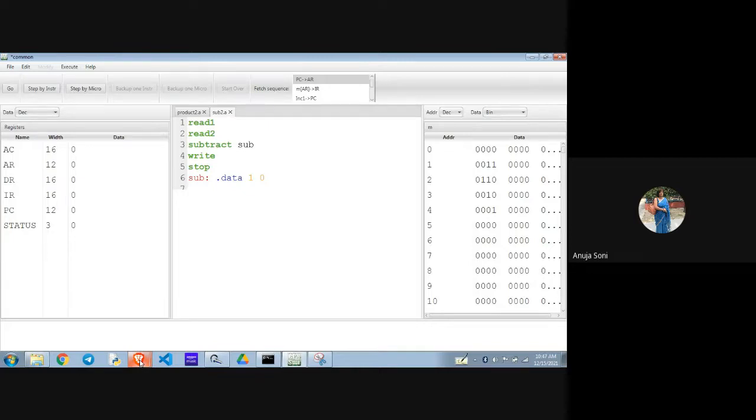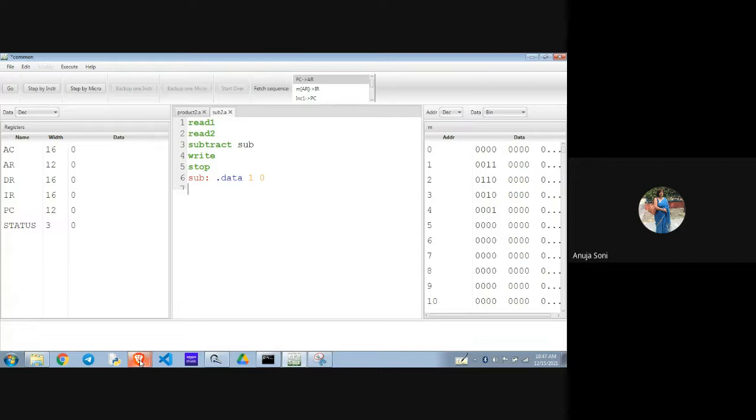Though you can make use of different registers in the CPU simulator, we make a habit to execute the program the way the connections are actually given in the common bus diagram. I'm not talking in terms of the CPU simulator. You can make use of as many registers as you want, and the program will work perfectly. Even if you store the data in DR or in R1 or R2 register, the program will still work. But as we are studying theoretically the architecture of the basic computer in Mano, better make a habit of executing the program and creating the registers in the same manner as is actually done in a physical computer. Is that okay? Yes, thank you, ma'am.